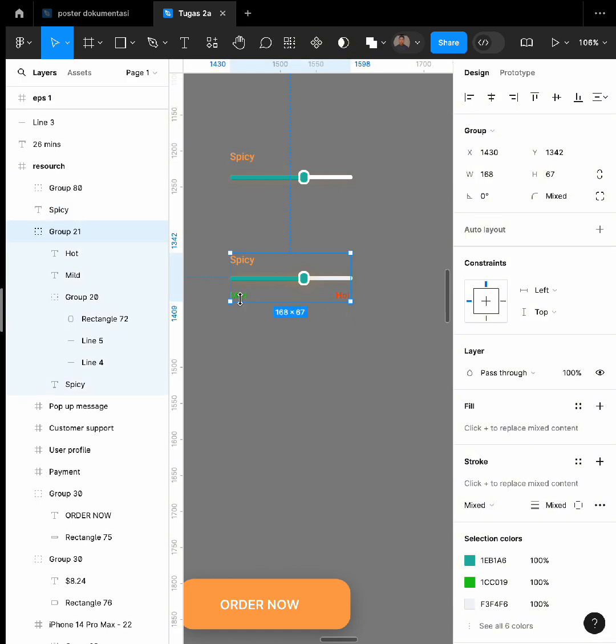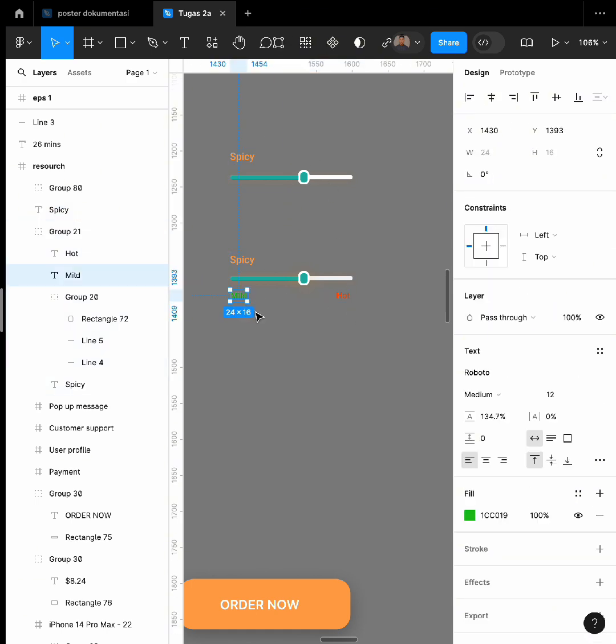And then with the Roboto and type is medium with the size 14. And for the typing milk is Roboto with the medium type and 12 size.